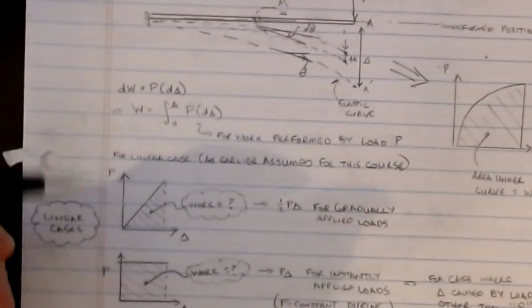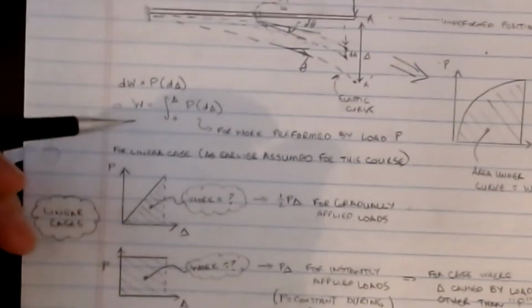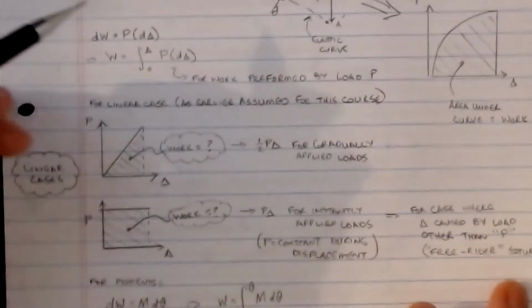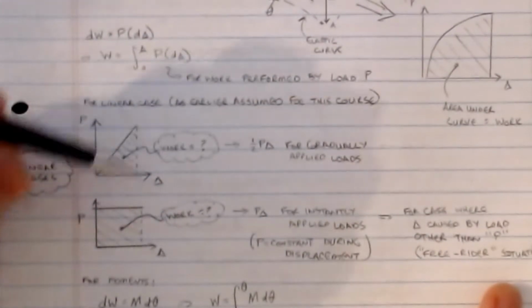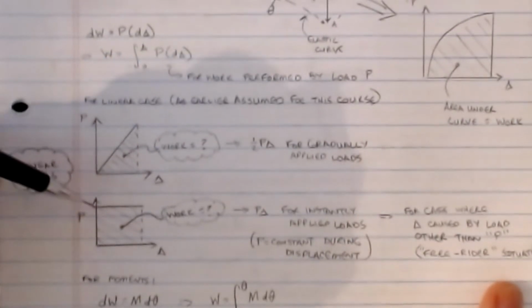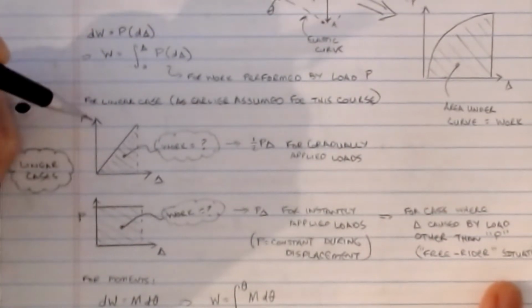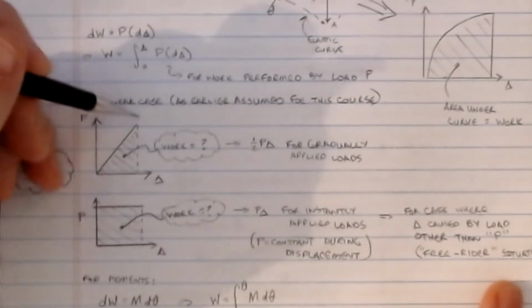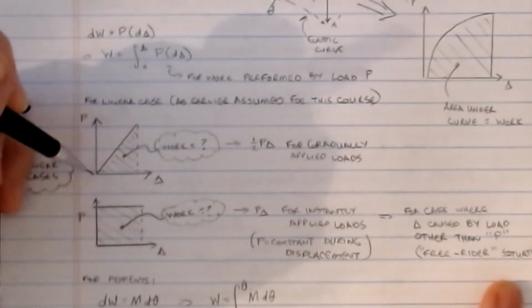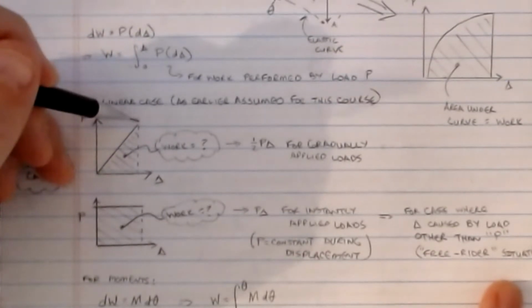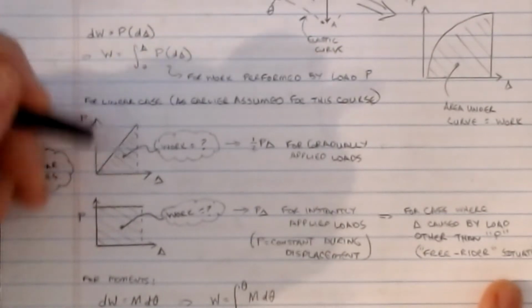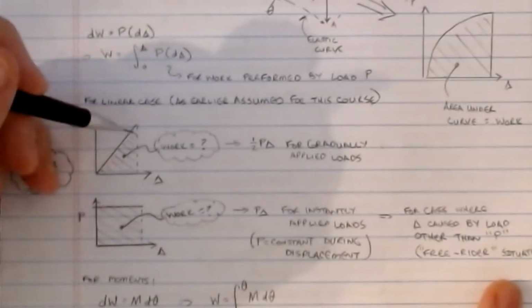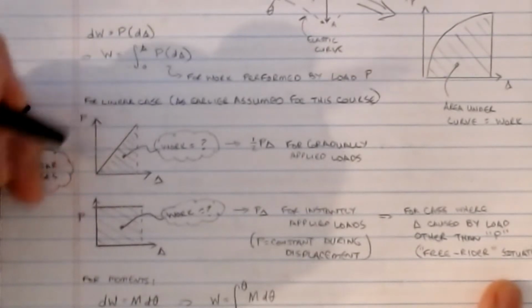Okay, this is for a linear behavior case, which is one of the assumptions we've been making all along: linear, elastic, isotropic, homogeneous. The linear cases fall into two different categories. The first one, if I plot P delta, is a linear, gradually increasing curve that starts at 0 and builds up to some amount delta for the work energy that's being performed. And you can see that if we go back to our idea that work is the area underneath this curve,